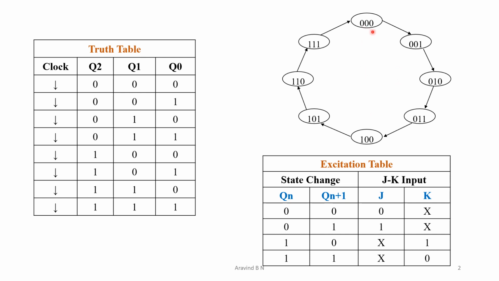It starts from 000, then 001, then sequentially incrementing up to 111, then finally after this value it must go back to 000. Since we are designing a synchronous counter here, we need to have the excitation table. The 7476 consists of a JK flip-flop. Therefore, here we are going to make use of the excitation table of the JK flip-flop.